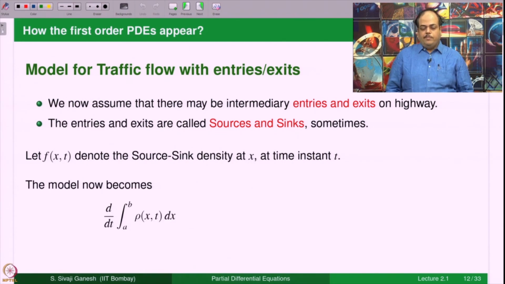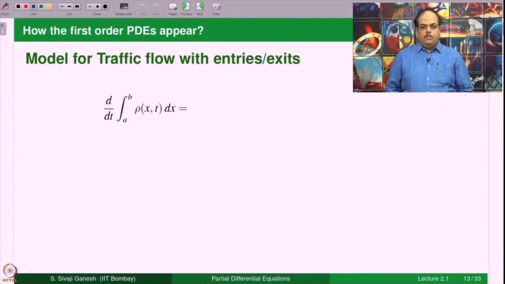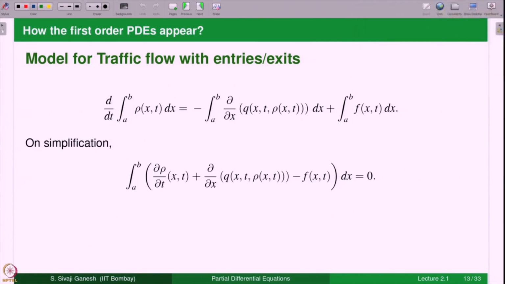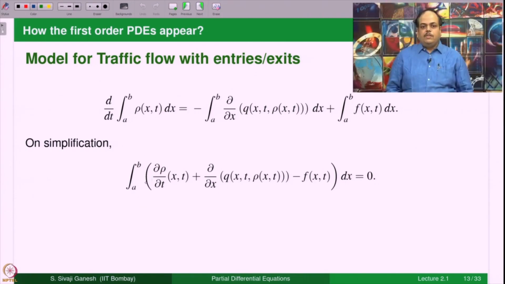Now, the model becomes: this is the rate of change. Earlier this was just equal to the flux, but now this will also have the source sink term, which is the integral a to b of f(x,t) dx. Now, bringing everything to one side, what we get is the integral from a to b of a certain thing is 0, and this is true once again as before for every a and b such that a is less than b, both are arbitrary. Therefore, the integrand must be 0,